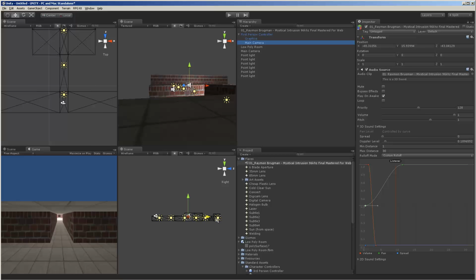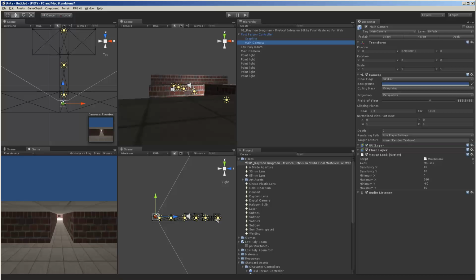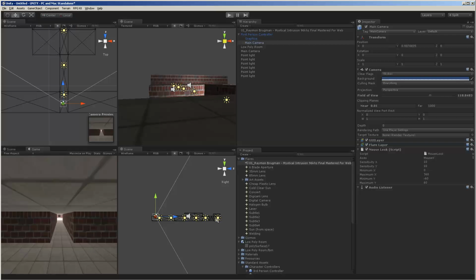And let's just fix the near clipping. Let's just put that to 0, like that. Now it's fixed. If we preview,